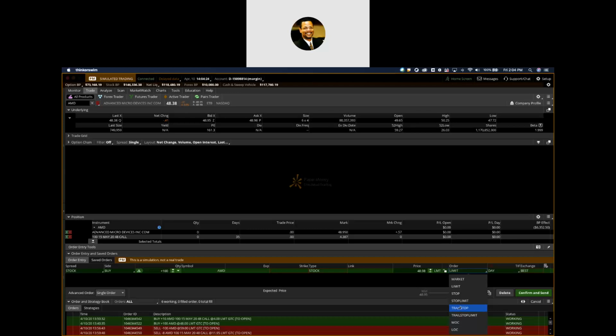And basically, what you can do is enter into an order with a trailing stop and a limit at the same time. So basically, meaning you can submit your order and you can put your trailing stop percentage, and you can set all that up in advance, and it'll get you out, so you don't have to worry about it. Not that you have to worry about it anyway, right?